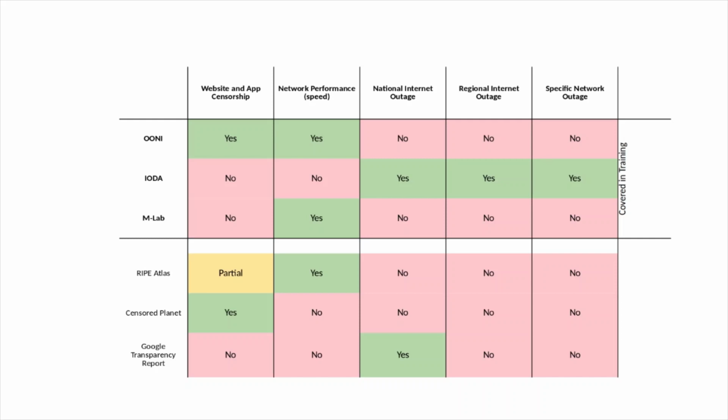One thing to note is that NDT measures the performance of an internet connection to a server outside of the last mile network. So it differs in terms of comparisons to other popular similar speed or performance tests from commercial platforms such as Ookla. You'll be learning more about that difference and the specifics for MLab in the rest of the presentation. One other thing to note is that the UNI test